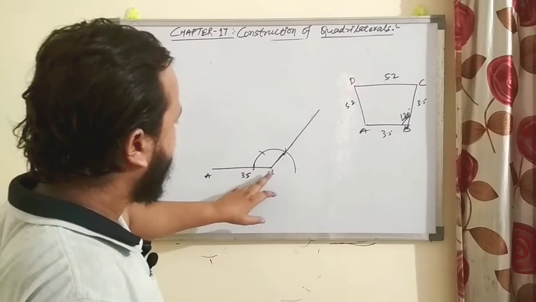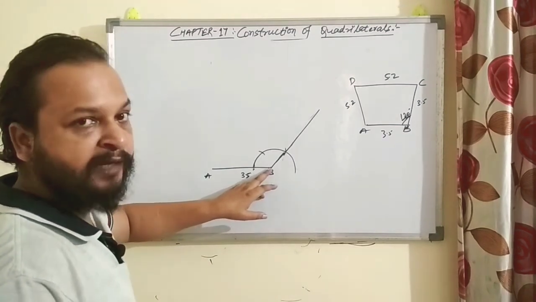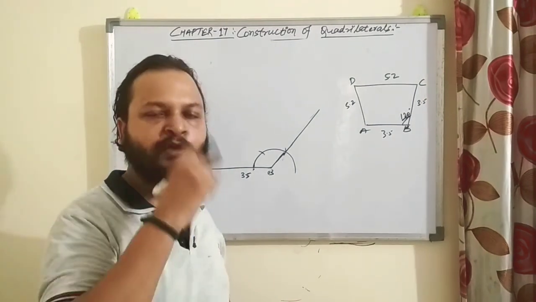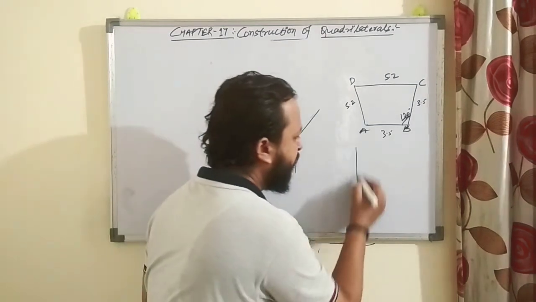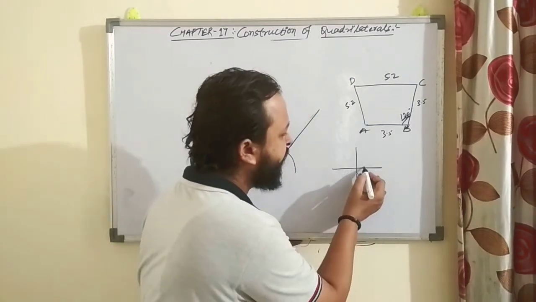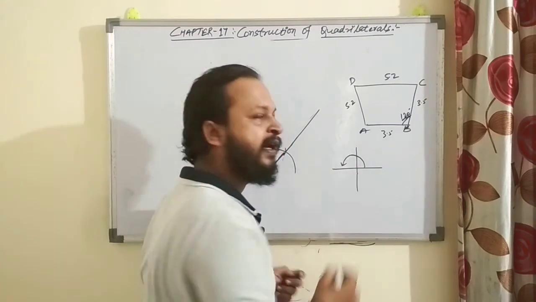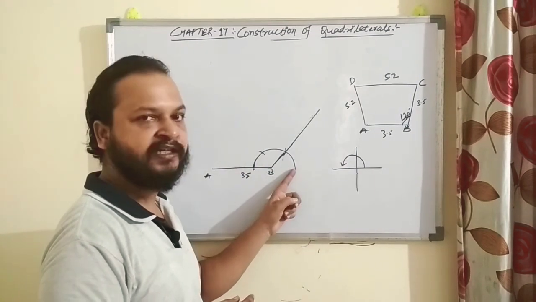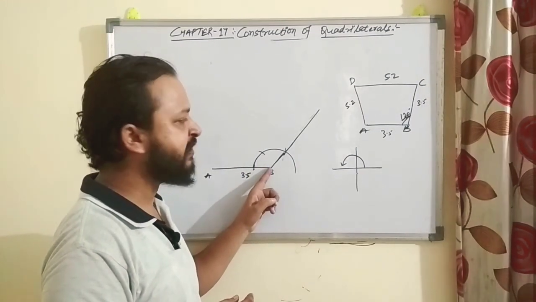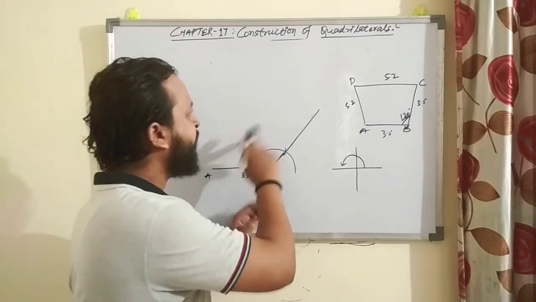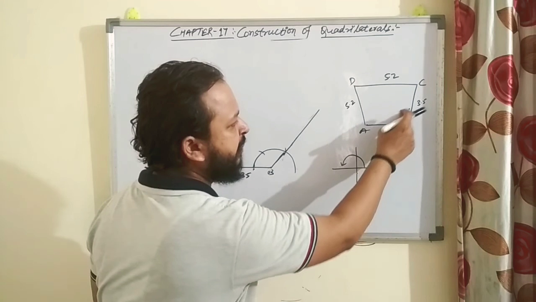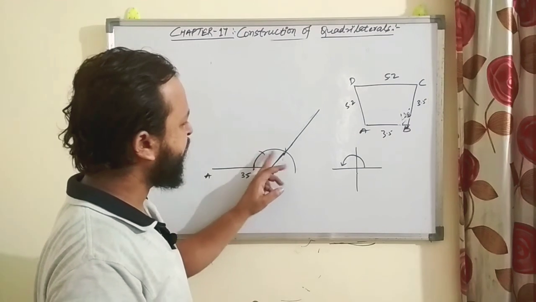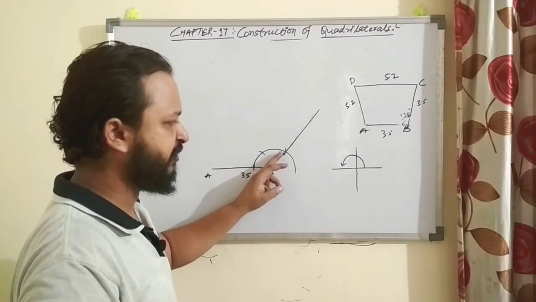Look, you have to construct the angle at the point B. You know that when we measure an angle, we measure in the anti-clockwise direction, right? This is the quadrant. We will measure the angle this way, anti-clockwise. But in this part, we are measuring the angle in the clockwise direction. Why? Because we have taken B as a point. You know that this is ABCD, so angle B measures this part. So it means we have to measure the angle in the clockwise direction, right?